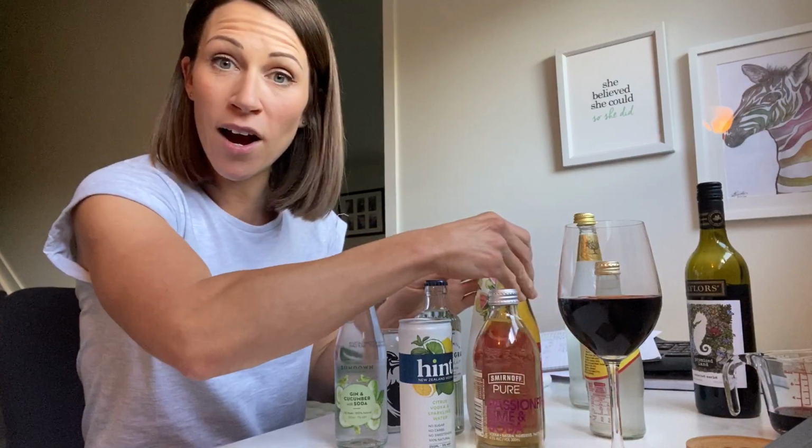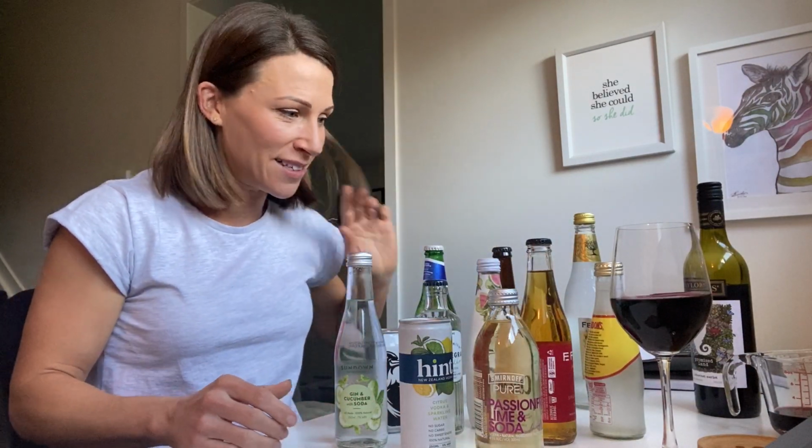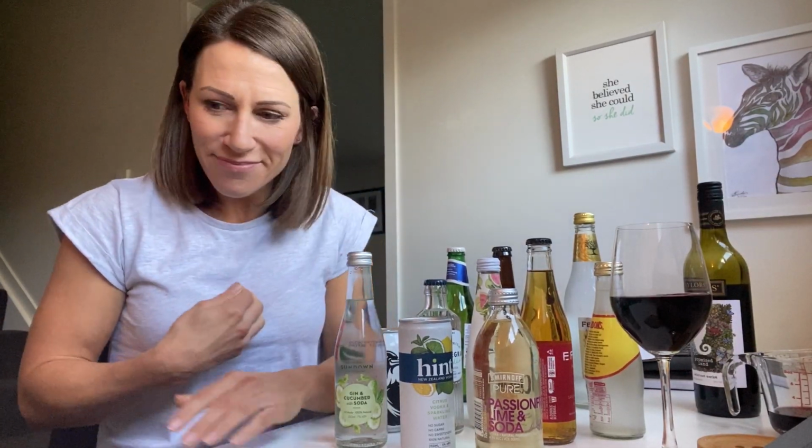RTDs, far out. The market is like ridiculously huge. I mean, I couldn't have bought them all. It was just, there were so many to buy. Okay, so your standard RTDs, the ones that used to exist when I was at university, which I can't even believe I used to drink, and they definitely didn't used to have the nutritional information panels on them. Far out. It's making a lot of sense about why I was a little bit bigger than I am now